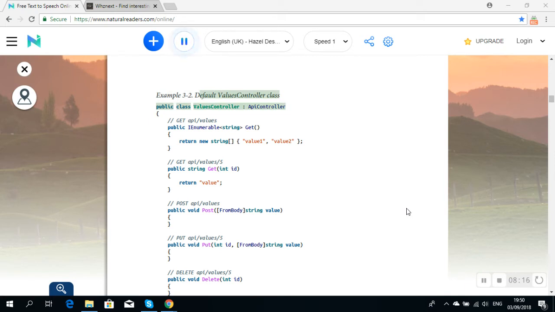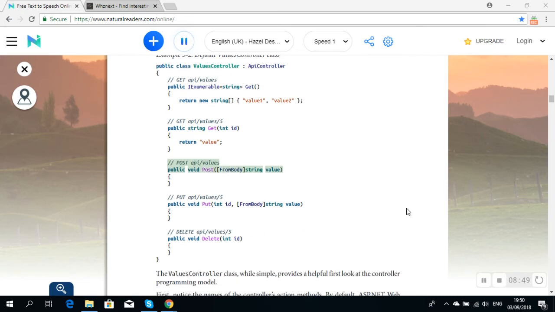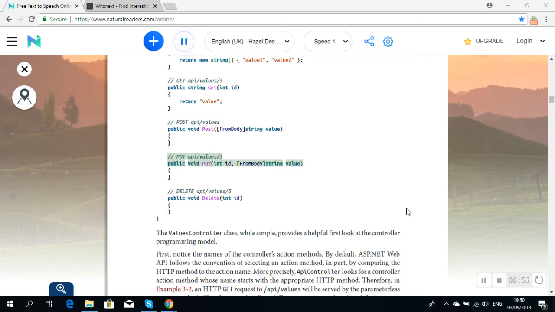Default ValuesController class: public class ValuesController : ApiController { // GET api/values public IEnumerable<string> Get() { return new string[] { "value1", "value2" }; } // GET api/values/5 public string Get(int id) { return "value"; } // POST api/values public void Post([FromBody] string value) { } // PUT api/values/5 public void Put(int id, [FromBody] string value) { } // DELETE api/values/5 public void Delete(int id) { } }